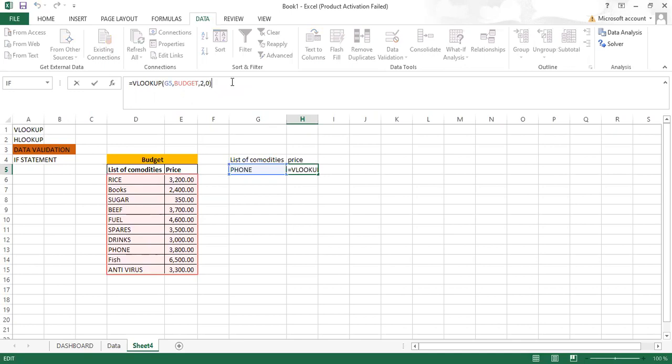Usually VLOOKUP uses only 2 columns. It's only when we're using Office 2016 going up that VLOOKUP can have maybe 3-4 columns. But usually, if you're using an Office that is less than